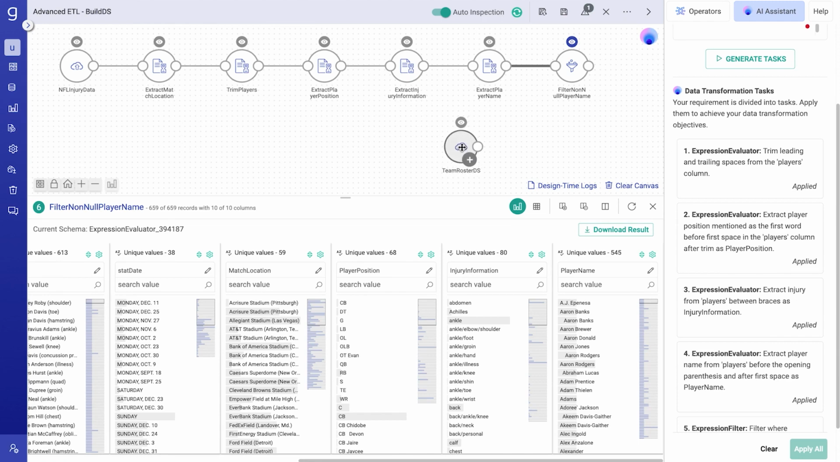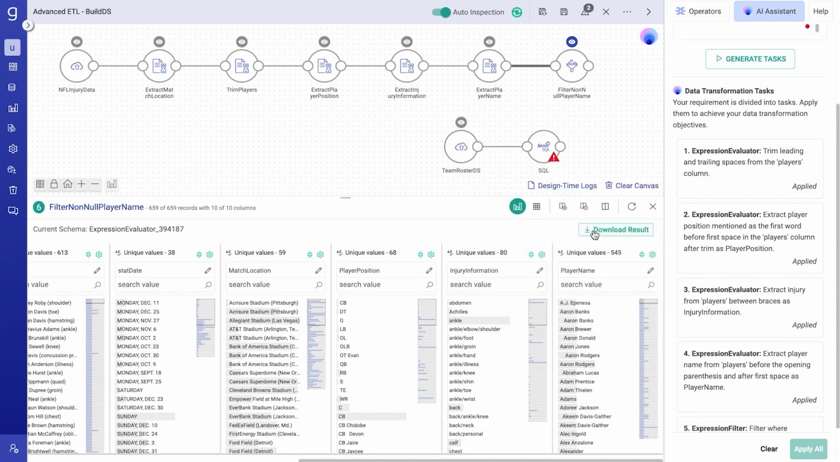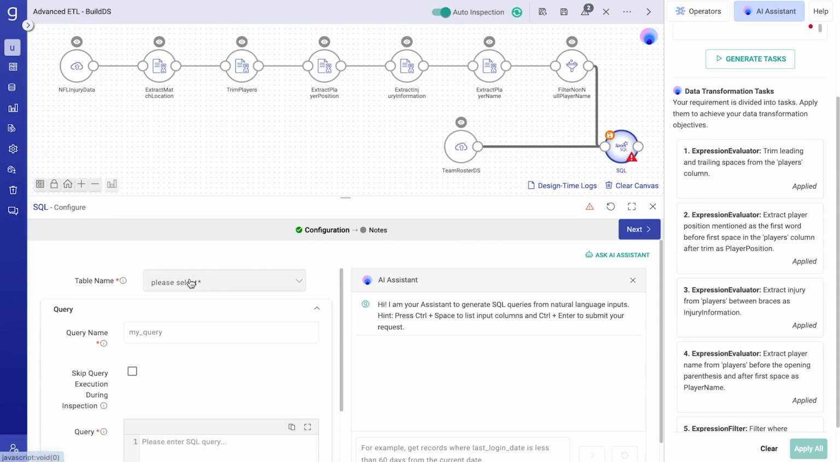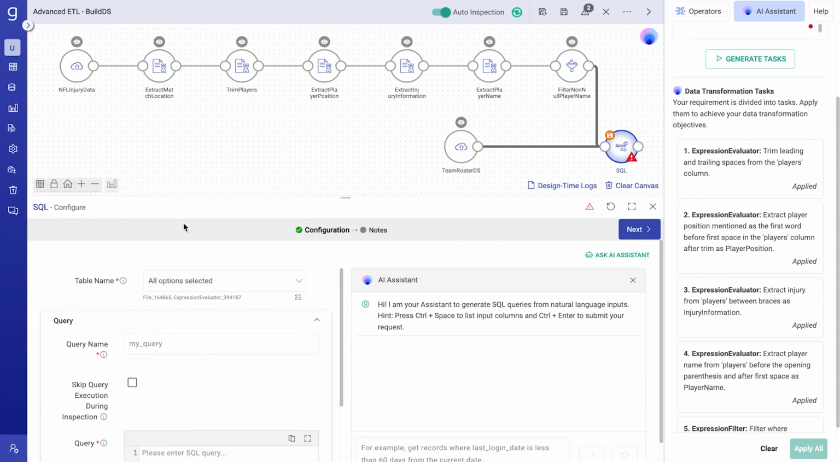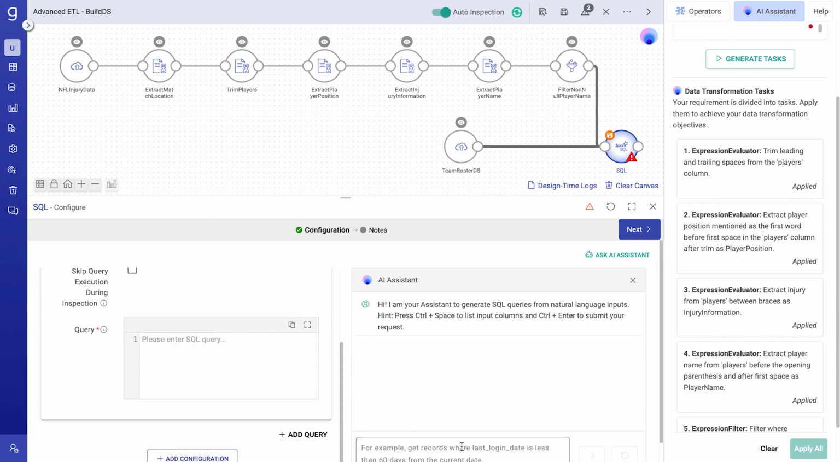For that, let's also add a SQL component for the join query. Inside of Gathr, you can not only get the pipeline being auto-created, but the support for AI Assistant is also available inside of these processors. For instance, for the SQL query, all I have to do is just fill out some fields, provide my instructions right here,